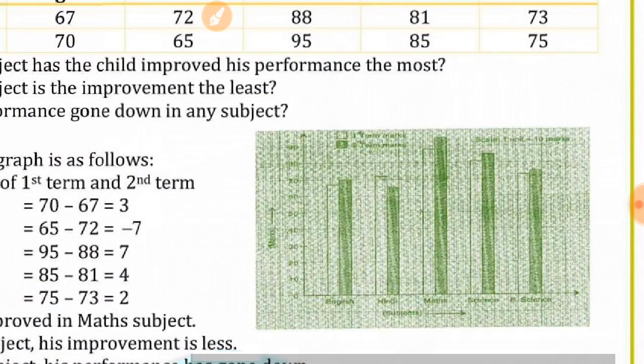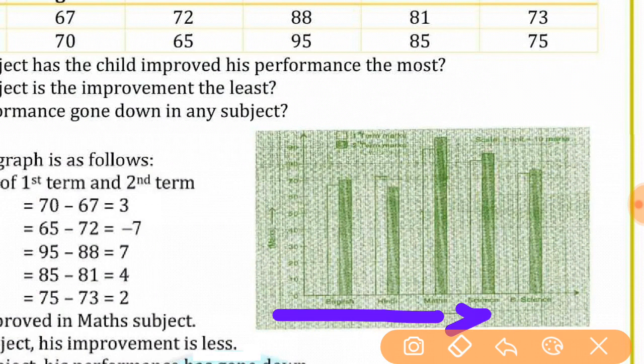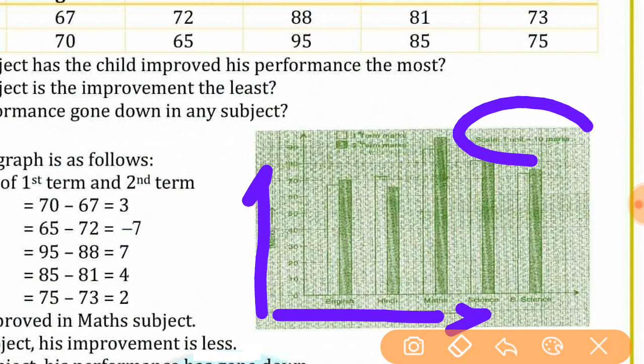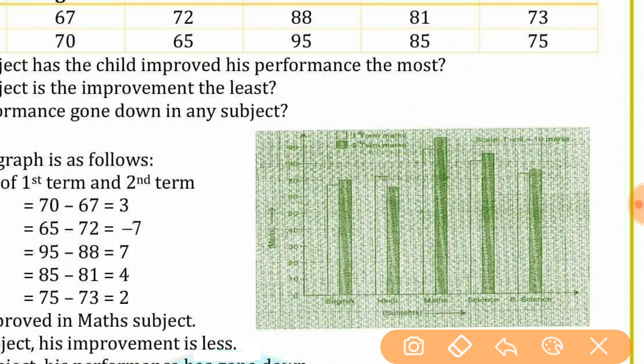See, here is the subject. Here the scale we have taken as 1 unit is equal to 10. So write the scale compulsorily in the graph. All these questions and answers, or all these exercises, you have to do in a graph book itself. So 10, 20 and all the numbers have been written here.